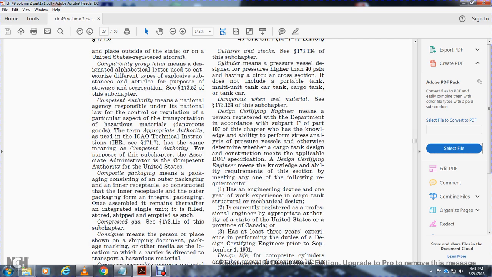Composite packaging means packaging consisting of an outer packaging and an inner receptacle, so constructed that the inner receptacle and the outer packaging form an integral packaging. Once assembled, it remains thereafter a single integrated unit; it is filled, stored, shipped, and emptied as such. Compressed gas,